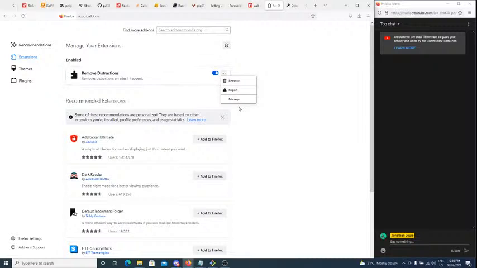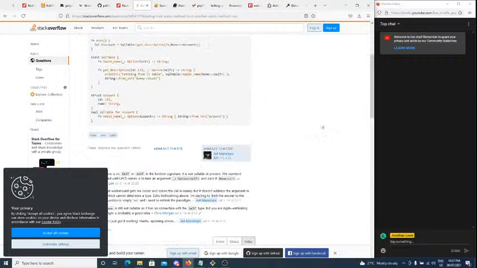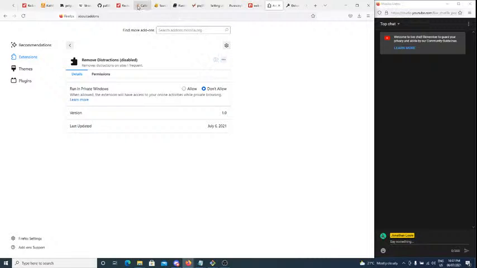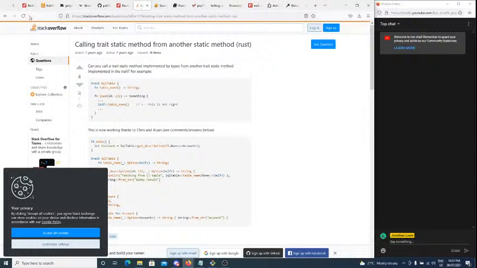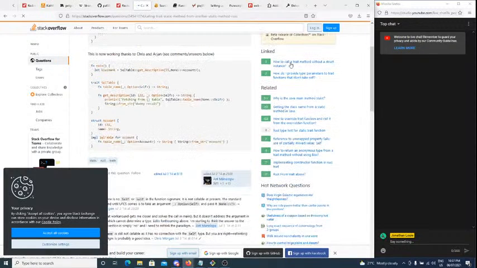We could also enable it in private windows if we wanted to. I'm not going to do that. You can do that with any extension, by the way. But now, if I go on Stack Overflow, you'll see that, hey, look, this entire sidebar just disappeared. It's gone now. And if I turn it off and give this a refresh, now it's back. So there you go.